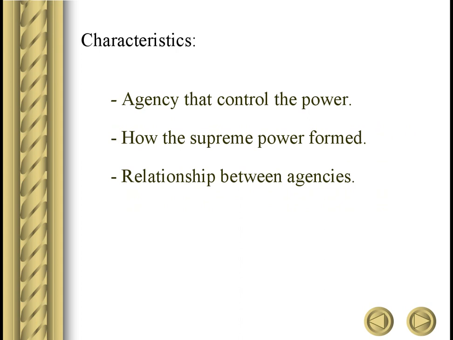So here, you should focus on the central power. The power is divided into three rights: legislative, executive, and judicial. So how is the power established? The ways to establish the power are election, appointment, and hereditament. And if you focus on the relationship between agencies, there are two ways to organize this relationship. They are hierarchy or equality.